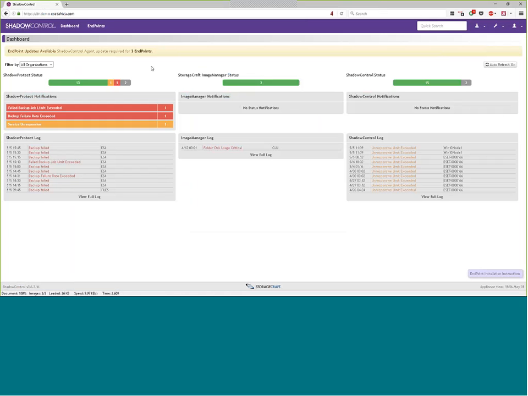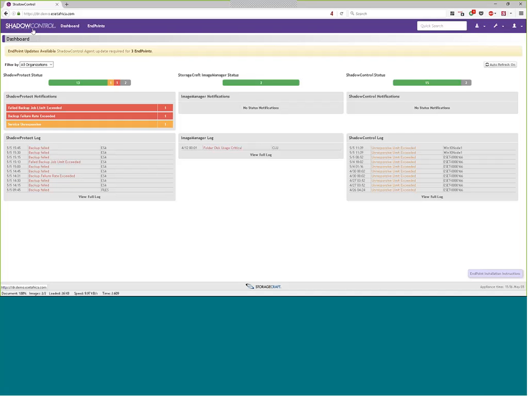There's a few bits of interesting new functionality that has been put in place, which is very useful. The first of which is status. This is a brand new feature where it shows you whether or not there are either Shadow Control or Shadow Protect updates available for a particular endpoint. An important thing to note is when you want to use Shadow Control, you need to deploy two agents on every machine.